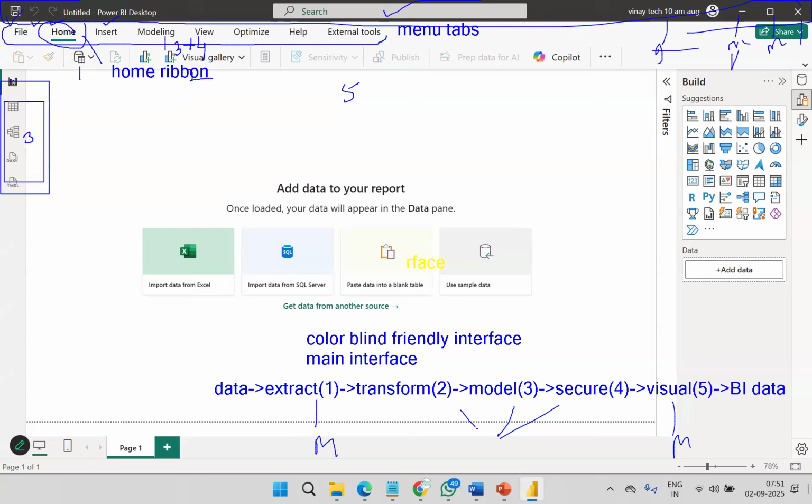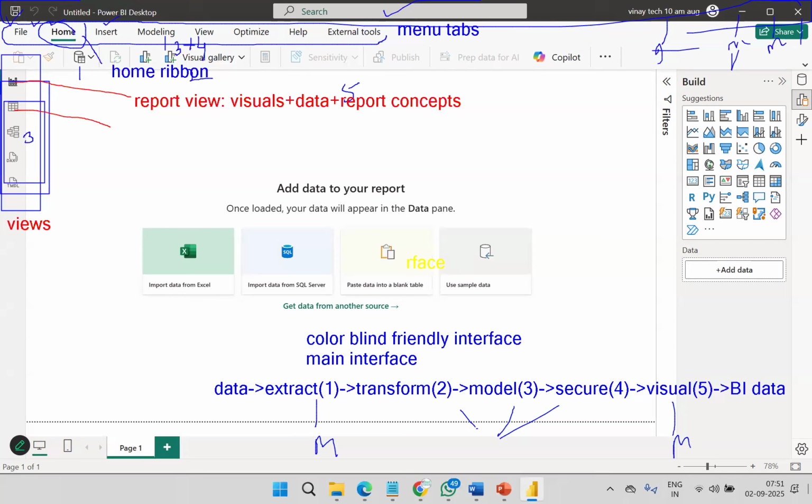And these are views, this area. This is the first view, report view. So visuals and data, report concepts you will see. And this is data view. This is relationship view, technically model view, but relationships and directions.